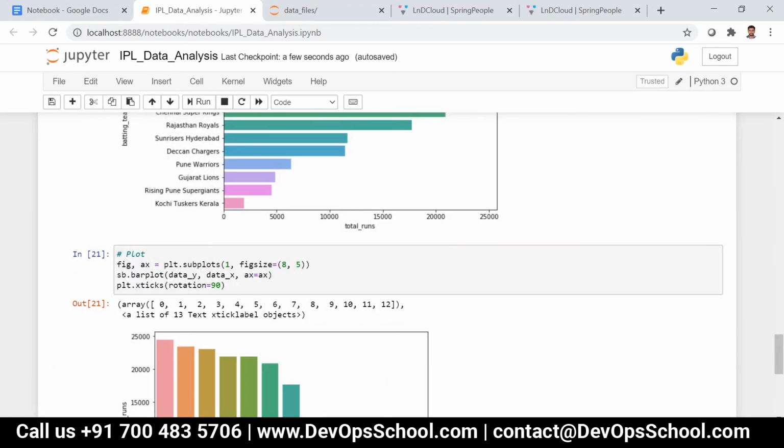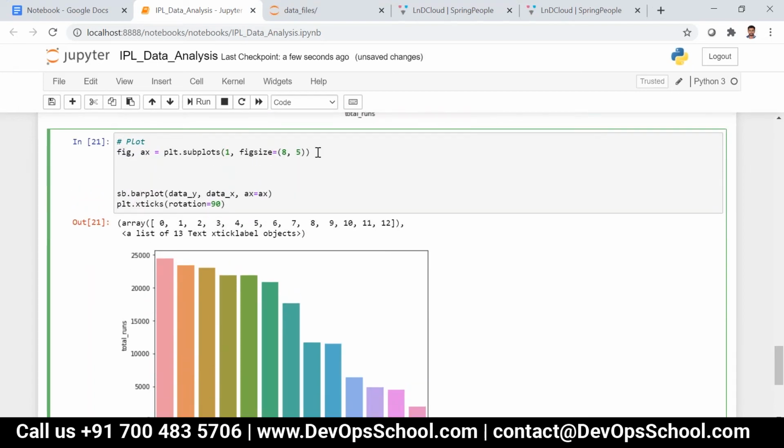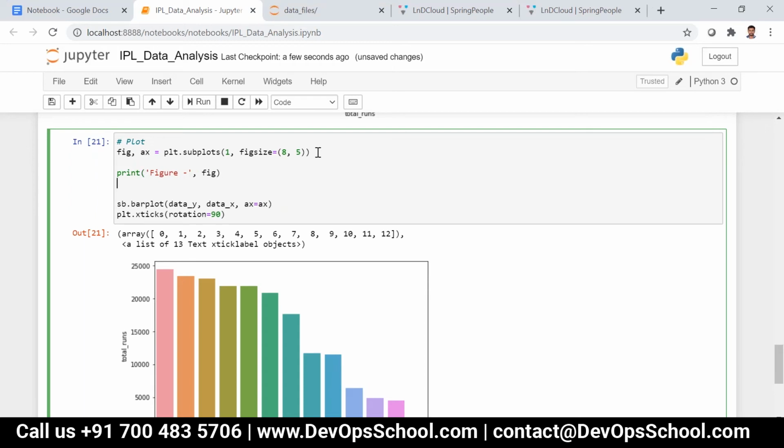What is the return value from that subplots? It will return a tuple basically. One tuple is that dimension, the entire dimension. See, if I print this, the figure is nothing but the entire dimension, and this AX is nothing but an array basically.